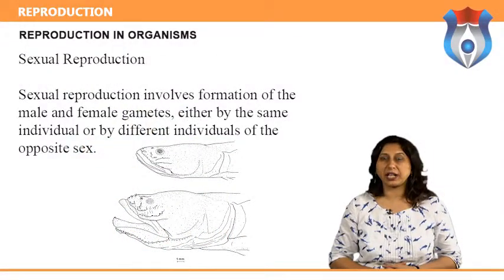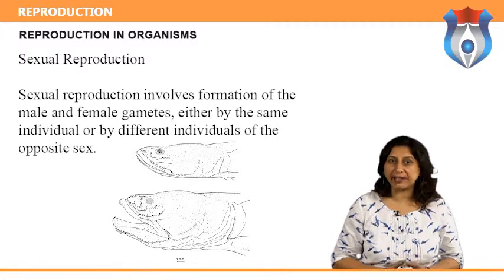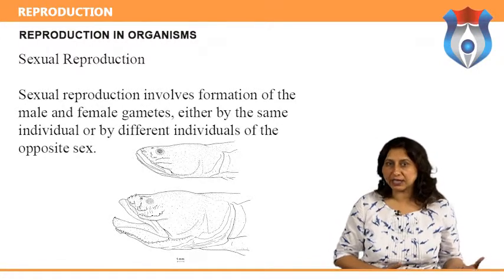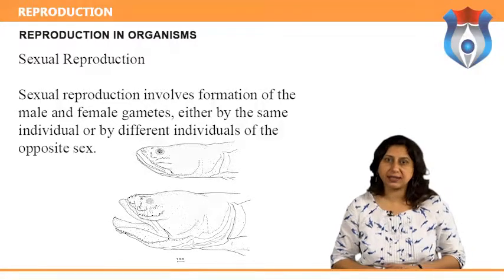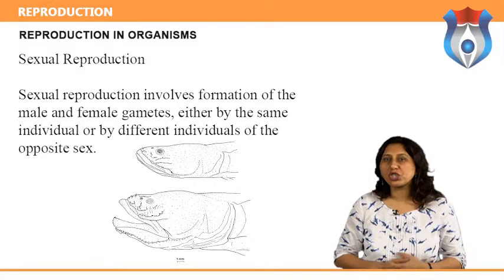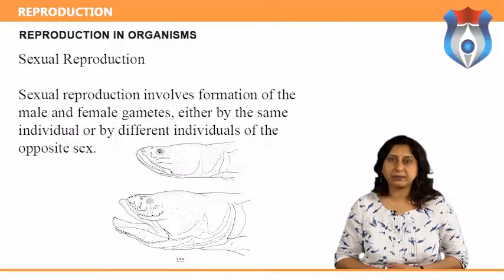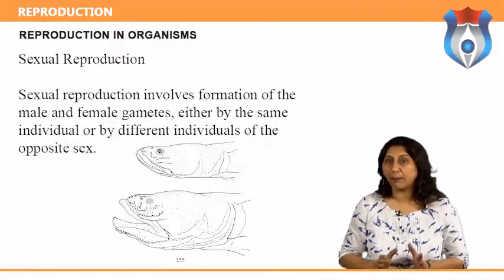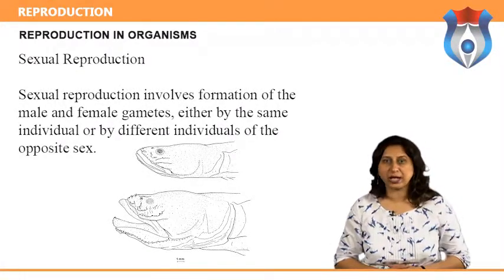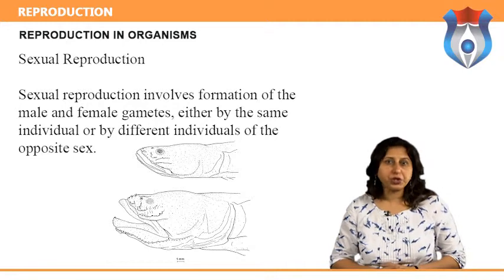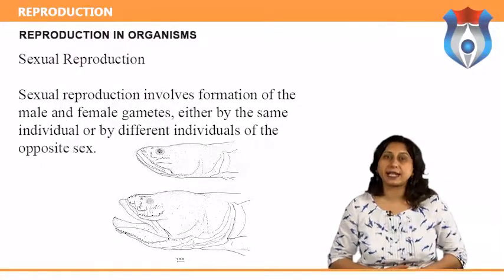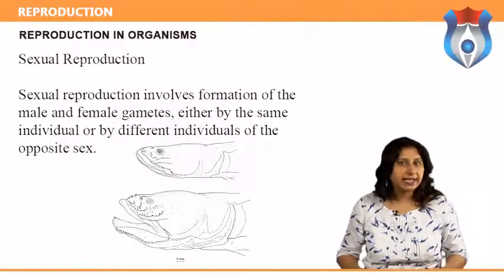Sexual reproduction involves formation of the male and female gametes either by the same individual or by different individuals of the opposite sex. These gametes fuse to form the zygote, which develops to form the new organism. It is an elaborate, complex, and slow process as compared to asexual reproduction. Because of the fusion of male and female gametes, sexual reproduction results in offspring that are not identical to the